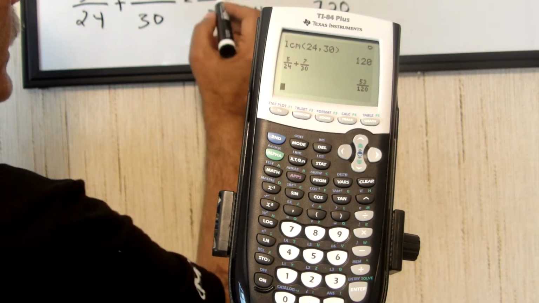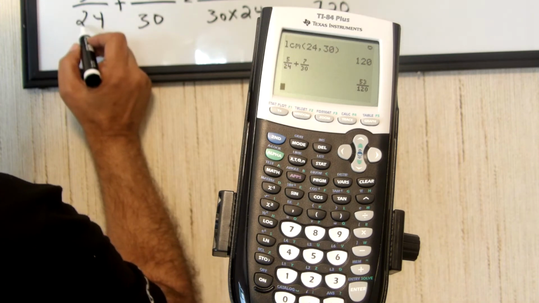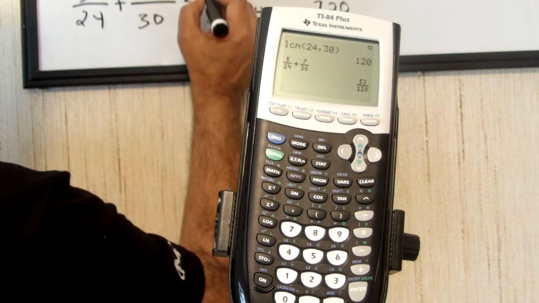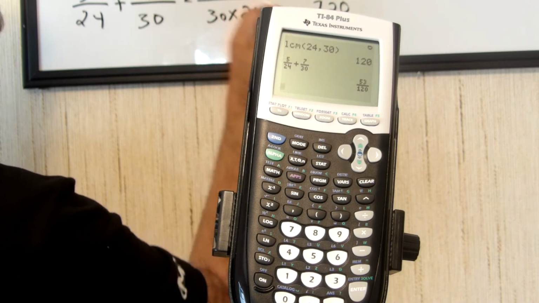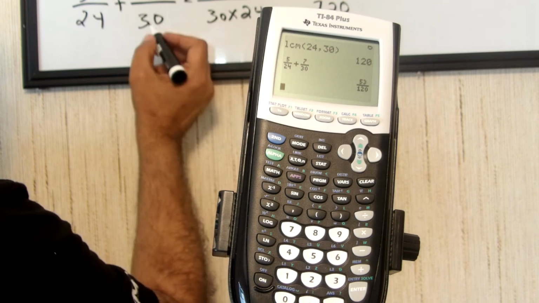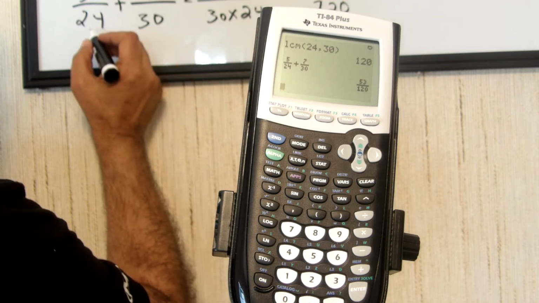Then 720 divided by 24 is going to be 30. 30 times 5 is going to be 150, plus 720 divided by 30 is going to be 24,